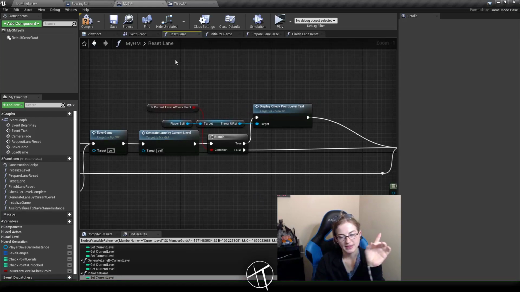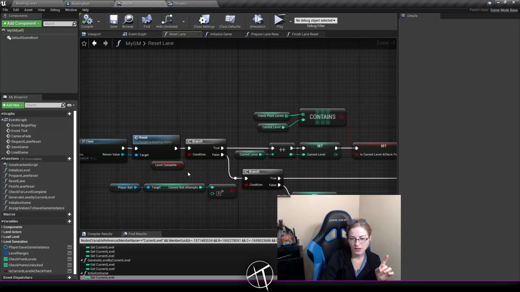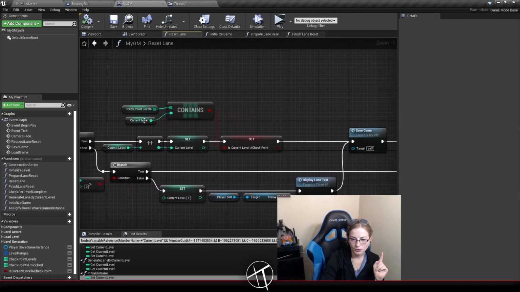So this is good. Now, we beat level 5. What happens when we beat level 5? So that was just a bit of refactoring. Same effect. So now we come over here. Level 5 is complete. That's fantastic. What we want to do